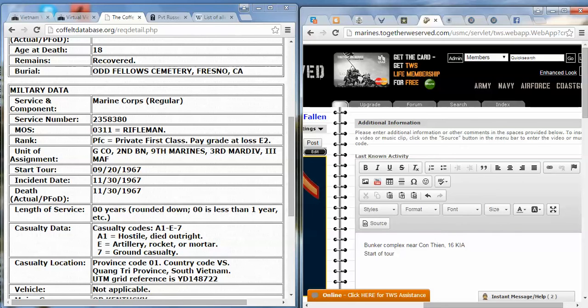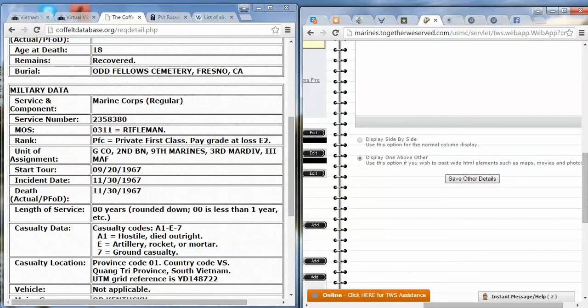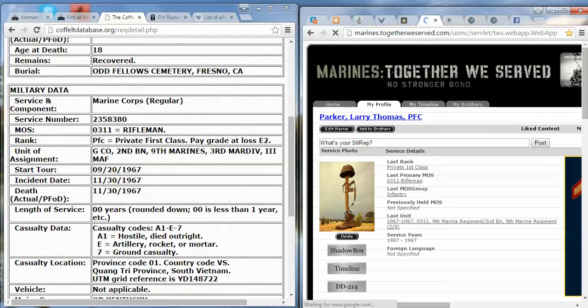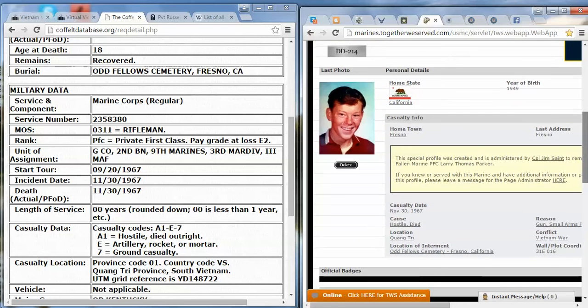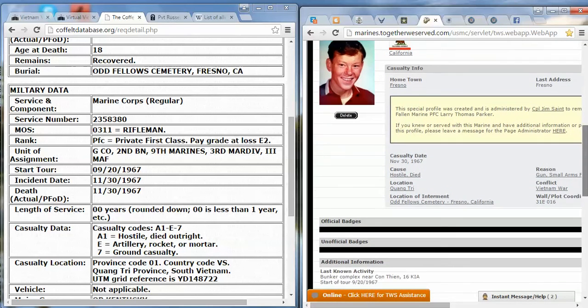That may be coming, but it's a ways away yet. And it has his cemetery, hometown, when and where.